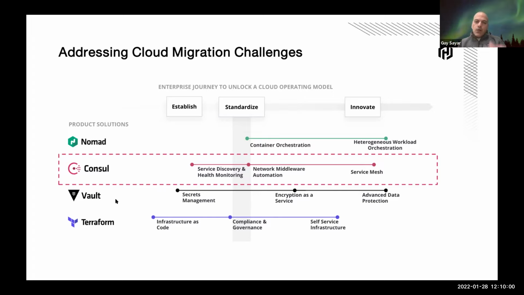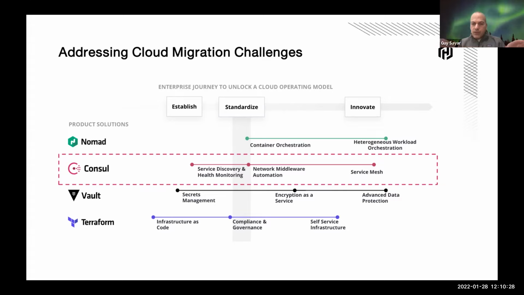Once you have some automation and managed secrets management to some extent, then you look at the network as the big piece to tackle. Generally speaking, we break Consul into three main use cases: service discovery, network middleware or network infrastructure automation, and the service mesh.